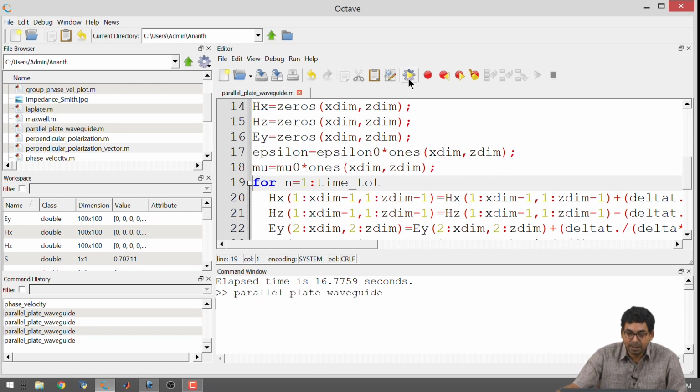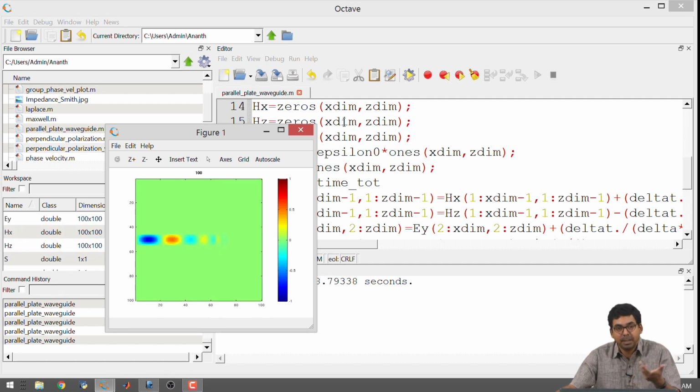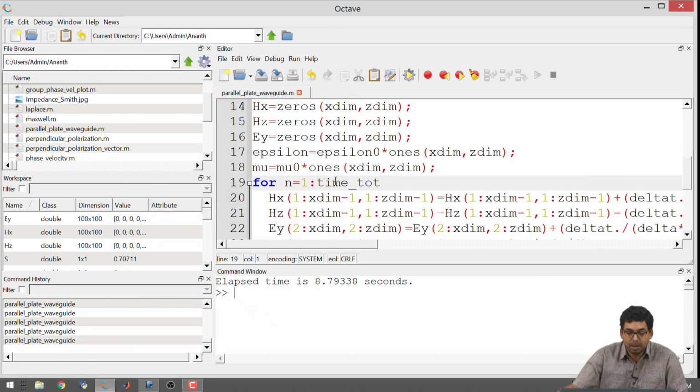I will just run it once again to verify. Now I see that there are jumps, it is going from 40 to 42 to 44. Later on, depending upon the need, I may change this to a lesser number of plots or not.